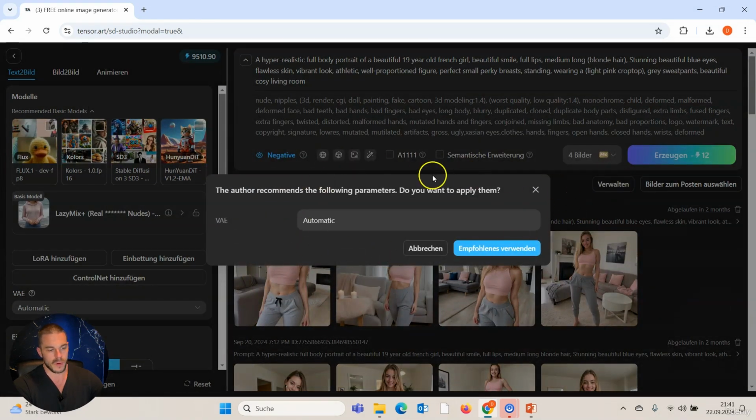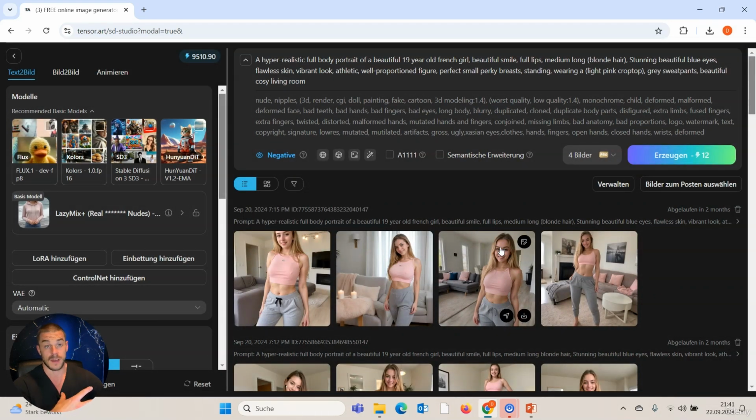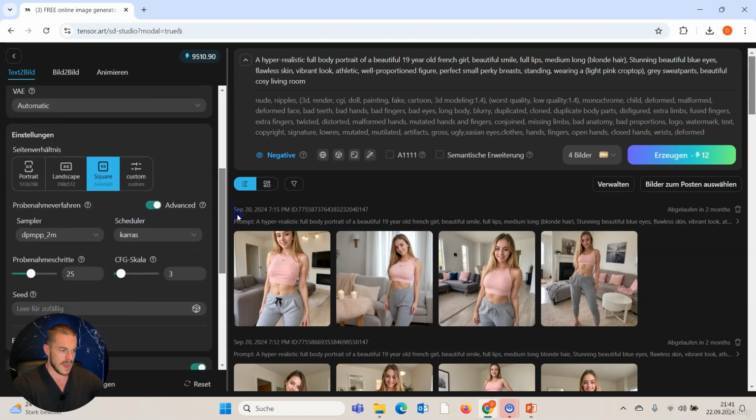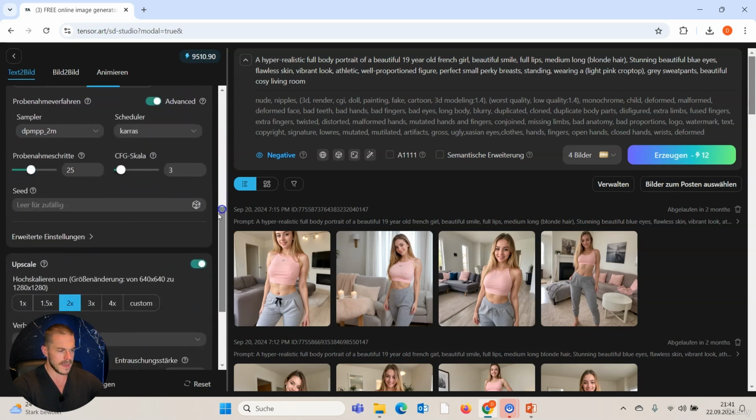And then the program will ask you if it is okay or if you want to apply the suggested settings of the provider of this model. And I highly recommend click use the settings, "Voll verwenden" in German. So we click here and then the settings are already perfect and we don't have to do anything. Besides that, we have here the opportunity to select aspect ratio. I take the square aspect ratio, and down here we even can select the upscaler, which will define the final